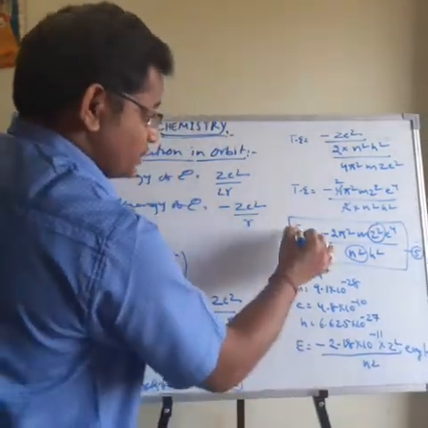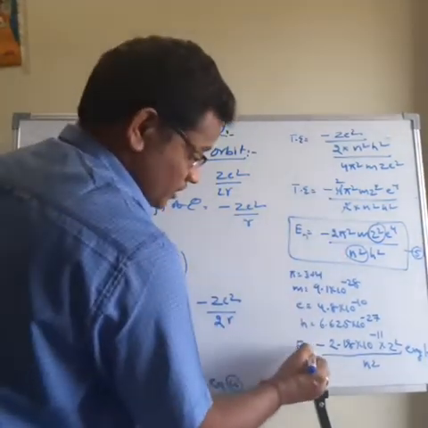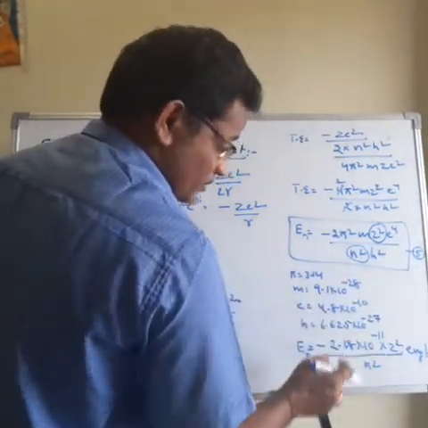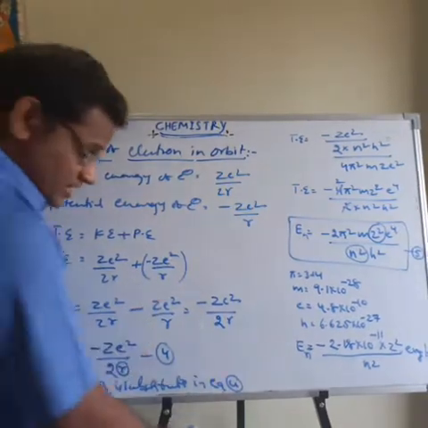So this is the first value. Total energy is nothing but En. So here also the total energy is En. This is the energy of the electron in the orbit in erg per atom. Like that, there are different values of the energy.